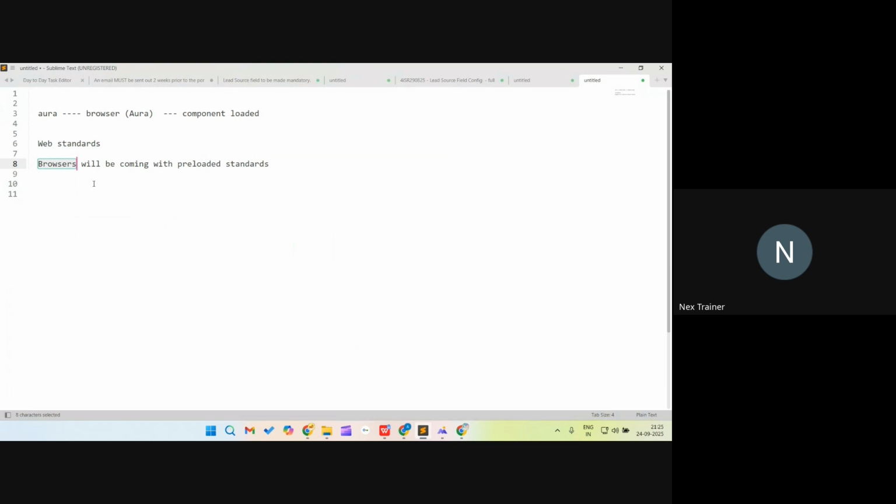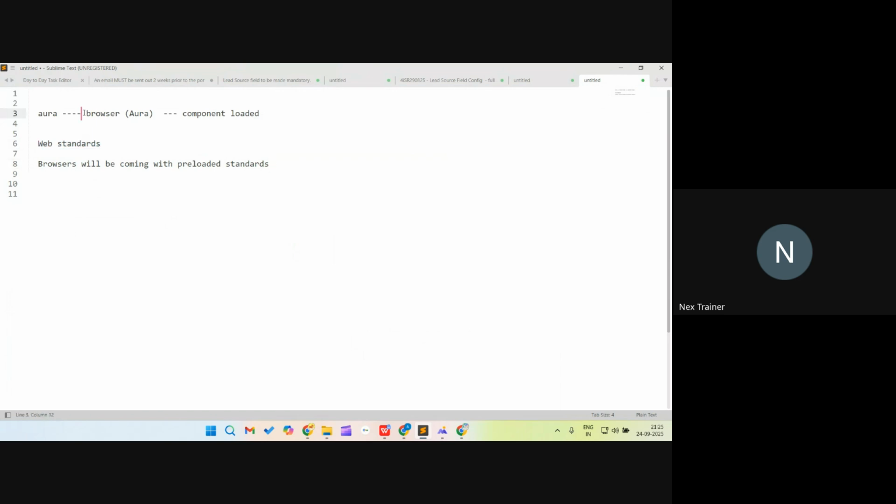So browsers will be coming with preloaded web standards. Now what will happen if it is going to render any page that is developed in JavaScript and HTML, or any JavaScript library, but it is following the web standards,